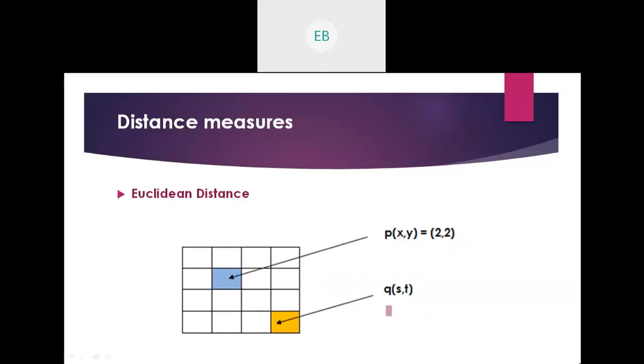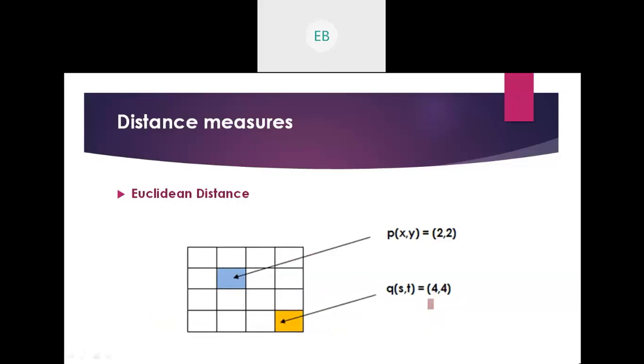Okay. Let's go on to Q of st now. So what is the value for Q of st? It's a 4 by 4 image. See, this is the fourth row and this is the fourth column: 1 2 3 4 fourth row, 1 2 3 4 fourth column. So it equals 4 comma 4, rows and columns. Any image you get, you have to calculate it accordingly.